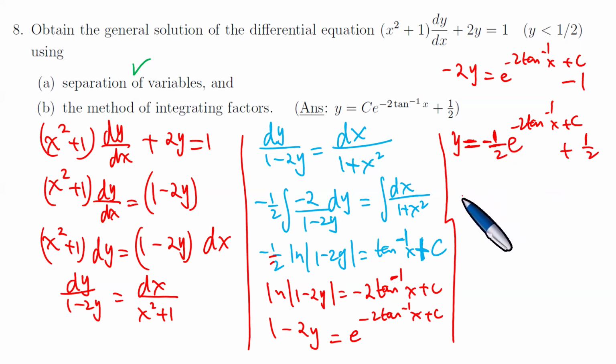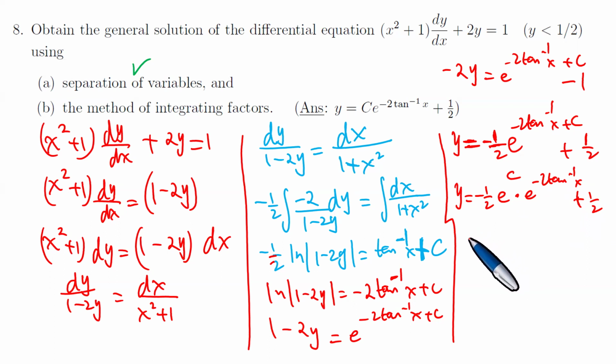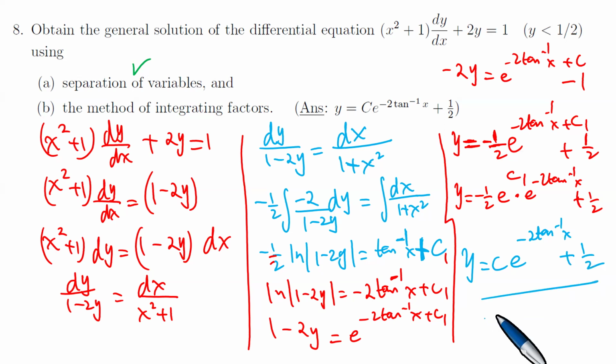When you get to this point, you have this one. Plus 1/2. Okay, so yeah, let's call this one C1. And then you're going to call this one the half C1. So this half C1, you're going to call it Y equals C. You get this? And this C,